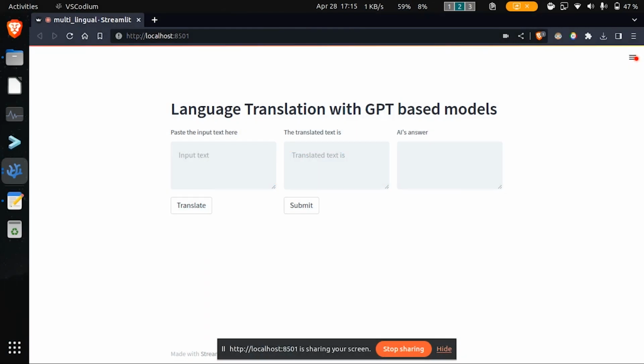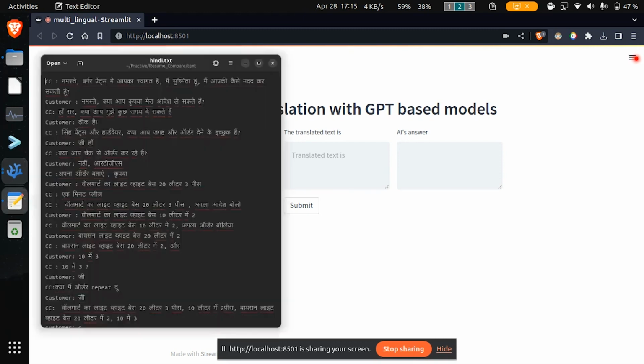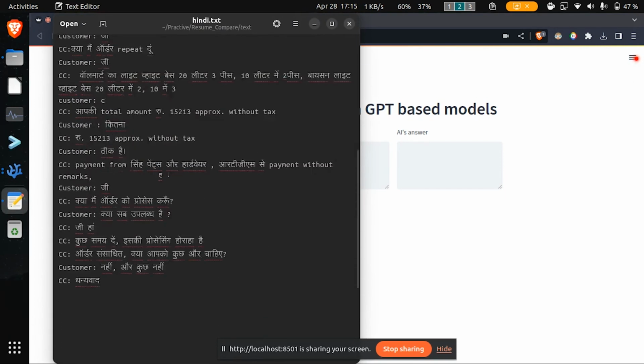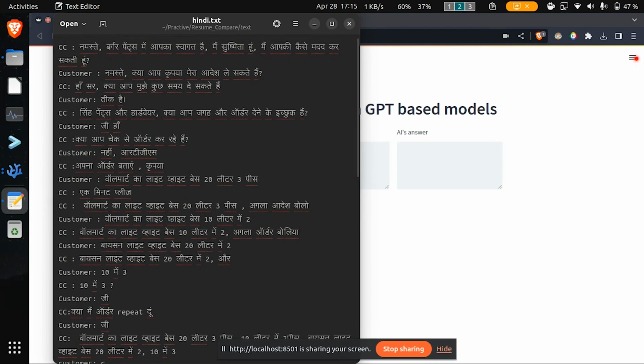Hello people, in this video we'll be looking at yet another application of GPT-3 based models, which is translation. GPT-3 based models can translate a wide variety of text from different languages into English. So in this case, we'll be looking at translation of a Hindi transcript between a customer and a customer care